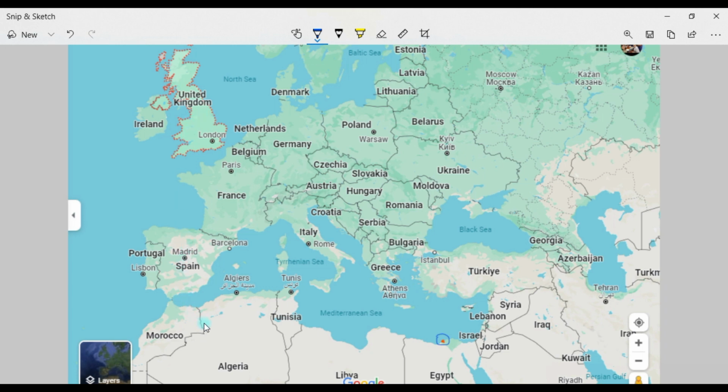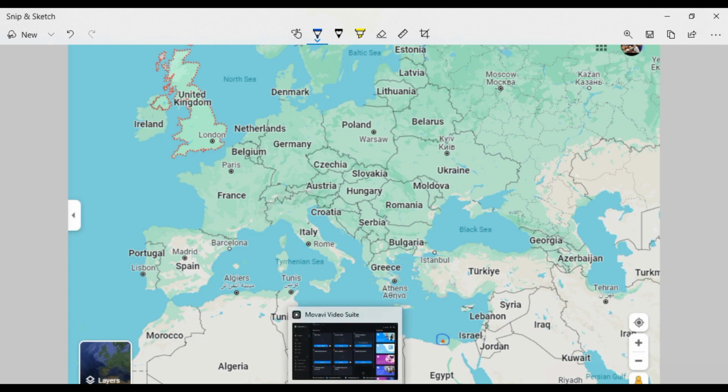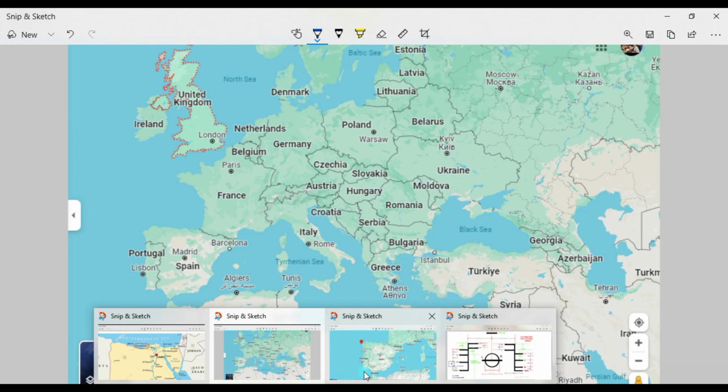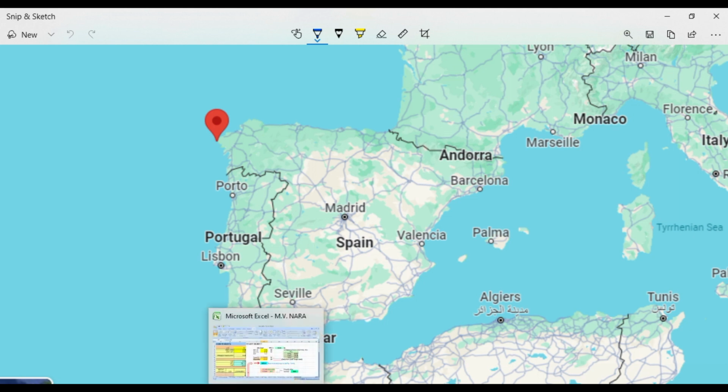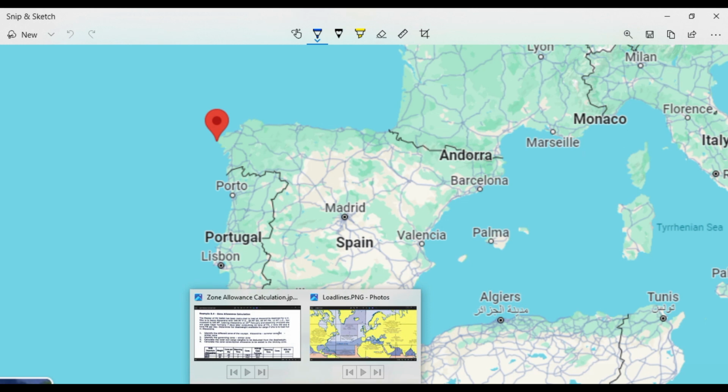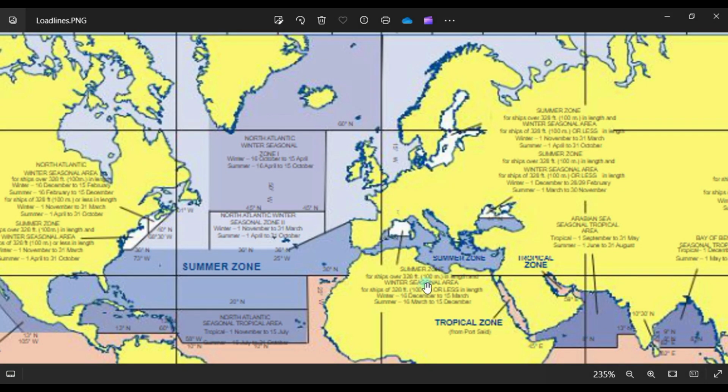So where is Torinana? Okay, where is Torinana? Torinana is in Spain. This is this red dot here. This is Torinana, the boundary between summer and winter. So let's investigate, guys. If you are in Egypt, somewhere around here, you are in the summer zone.